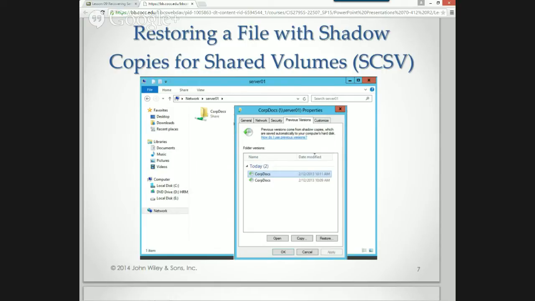Now, a copy works similar to an incremental backup in the fact that we have the original file, and it's only going to create a copy of the changes, okay?